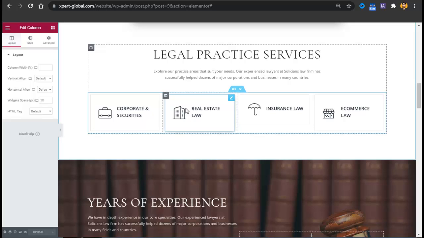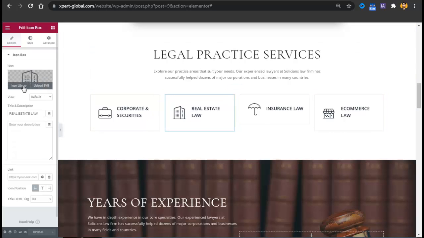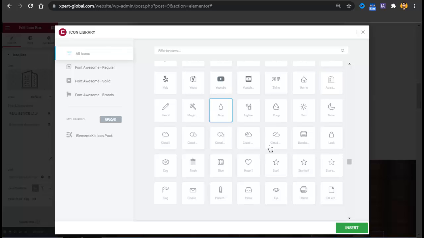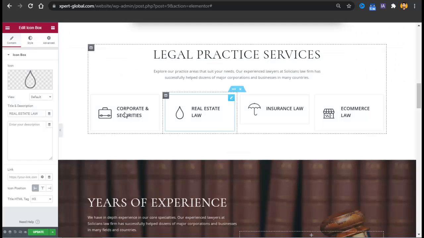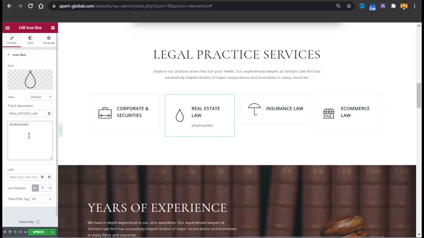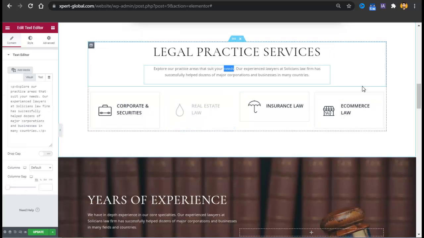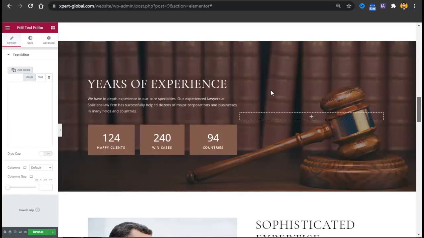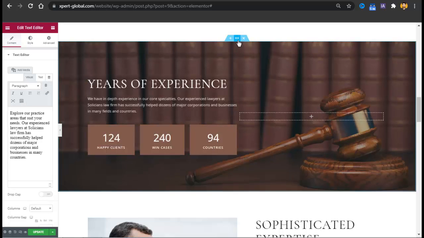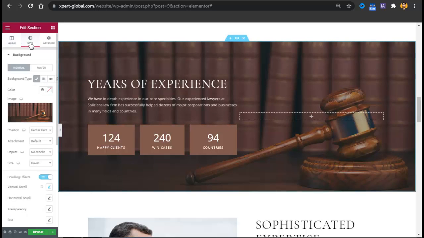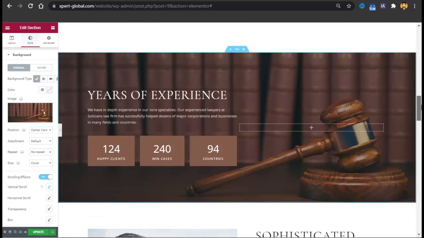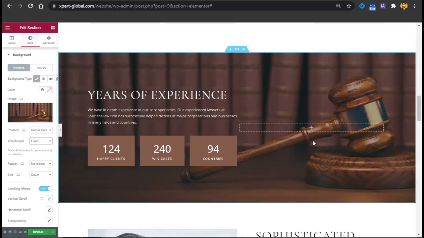And here you can change the services. You can change the icon from the icon library, where you can add any icon here, and also you can change the text, and if you want to add any description you can also add a description here. So that's how easy it is, and you can change all the things with just drag and drop. The same is the case here. To change the background image, just click there and go to styles, and you can change the images and their styles. And if you want to make it fixed, just go there and set attachment to fixed.